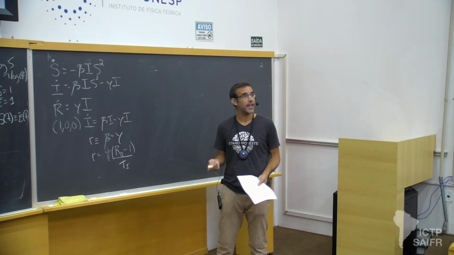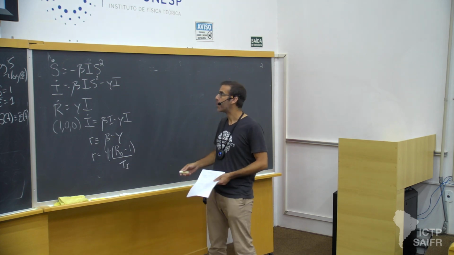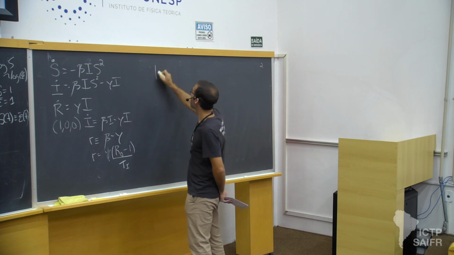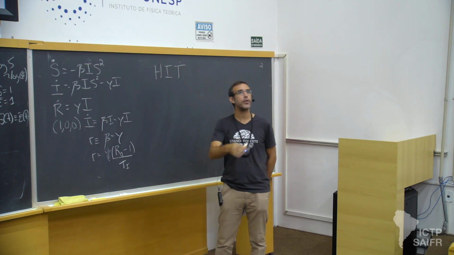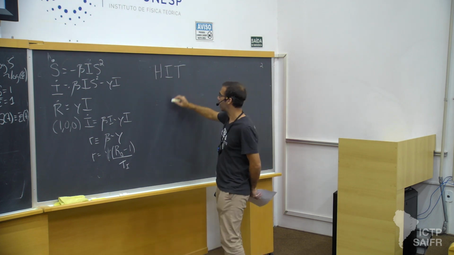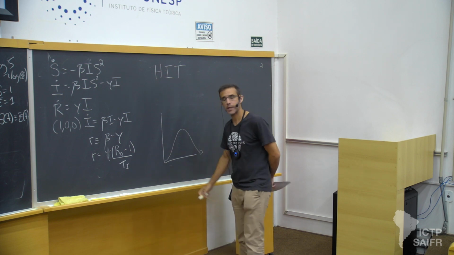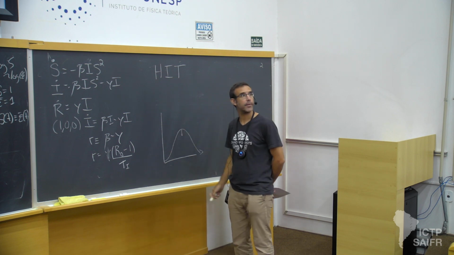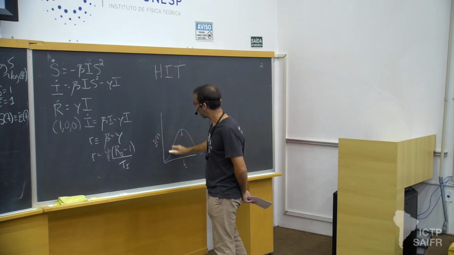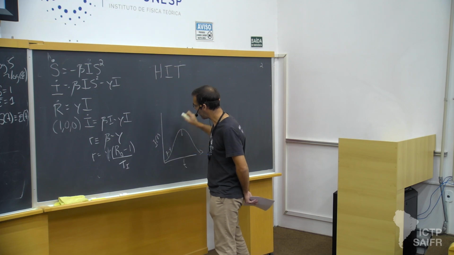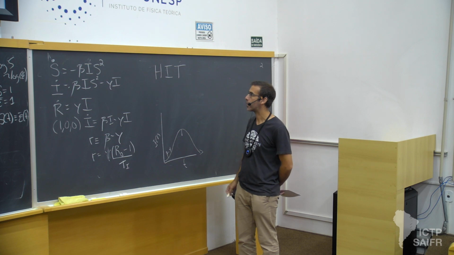So that's good, and you might wonder, why did we do all this mess here? It's exactly the same as before, right? But now let's ask the question: what is the herd immunity threshold? If this were some dynamic of takeoff, when do we expect it to turn back down? If this were I of t, and we figured out this is beta minus gamma, characterized as that liftoff, when do we get this point of turnover?